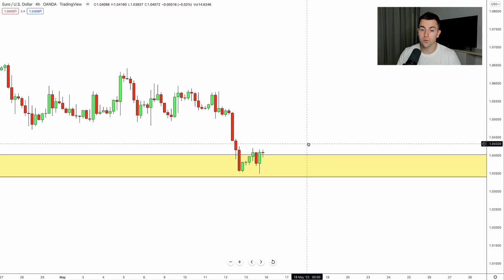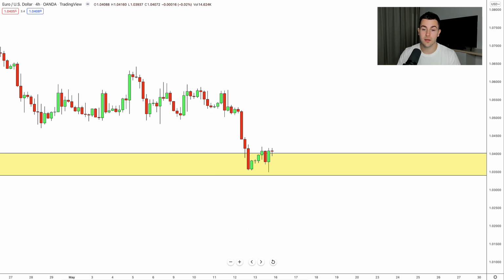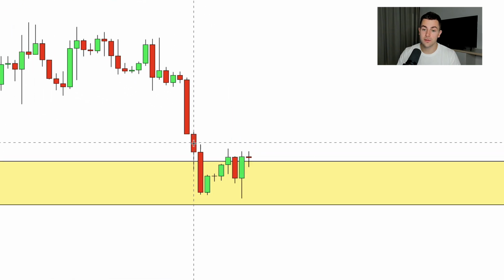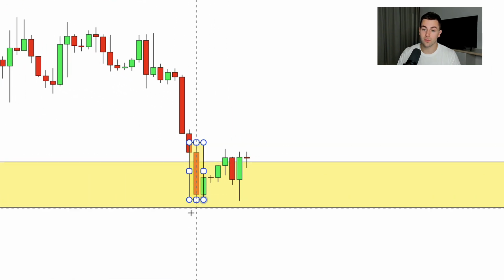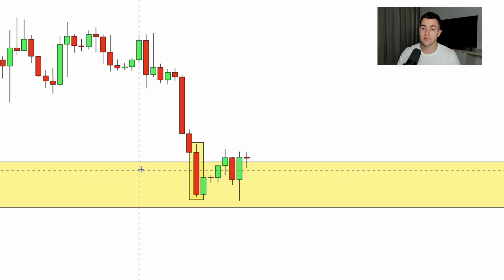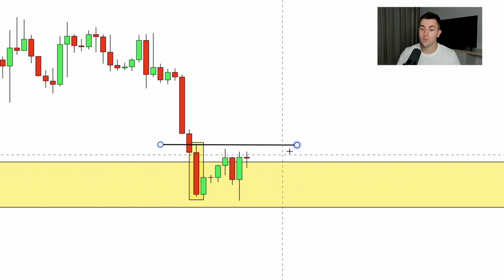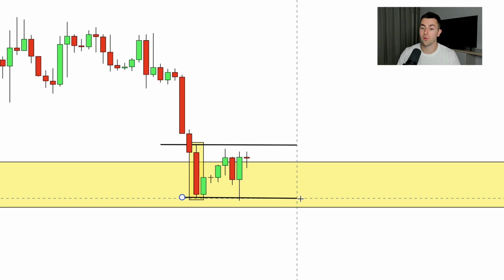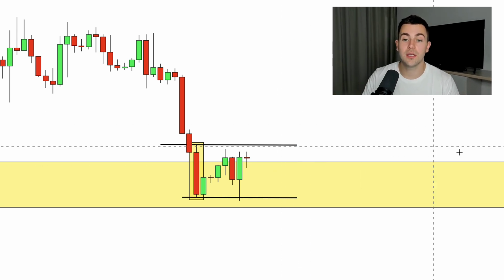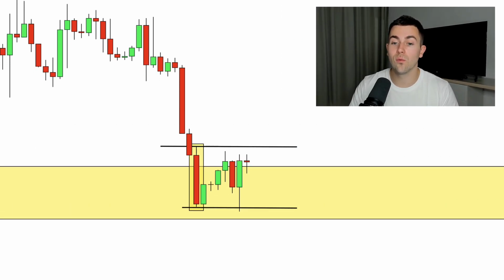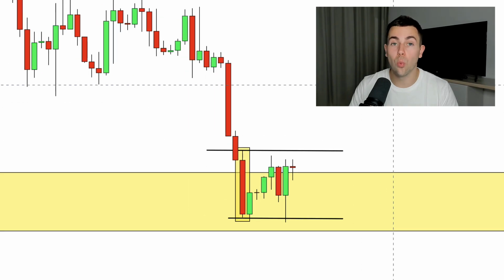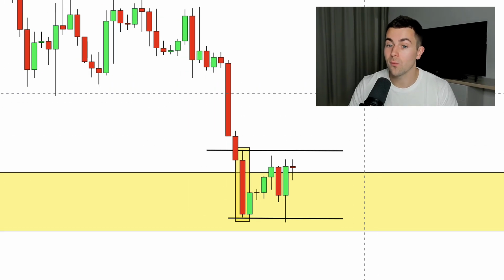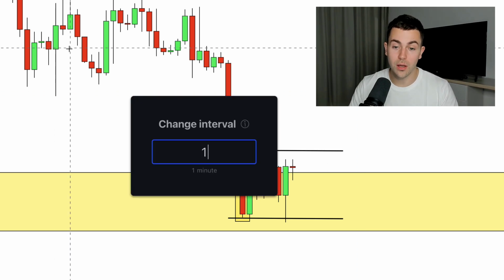On the 4-hour time frame, you can see that the price formed a classic inside bar formation. Yes, here is our mother's bar. And you can see that the consequent candles are trading within the range of the mother's bar. And what does it mean? It means that the market is currently weak and indecisive, and the market participants are waiting for some trigger right now. And on an hourly time frame,